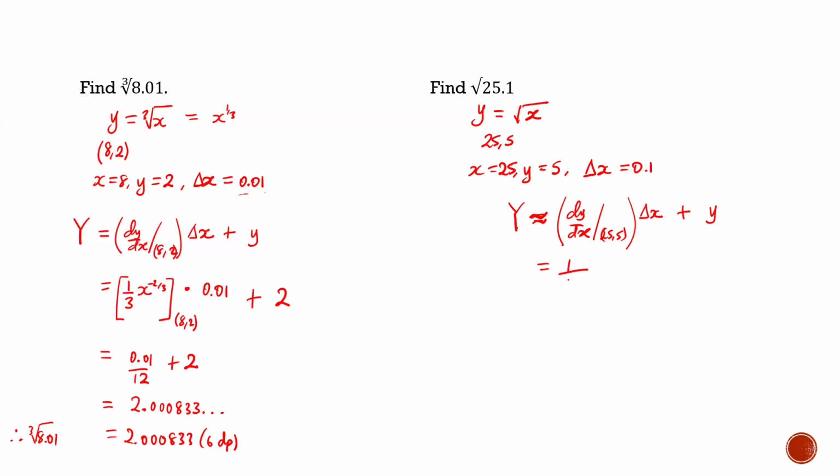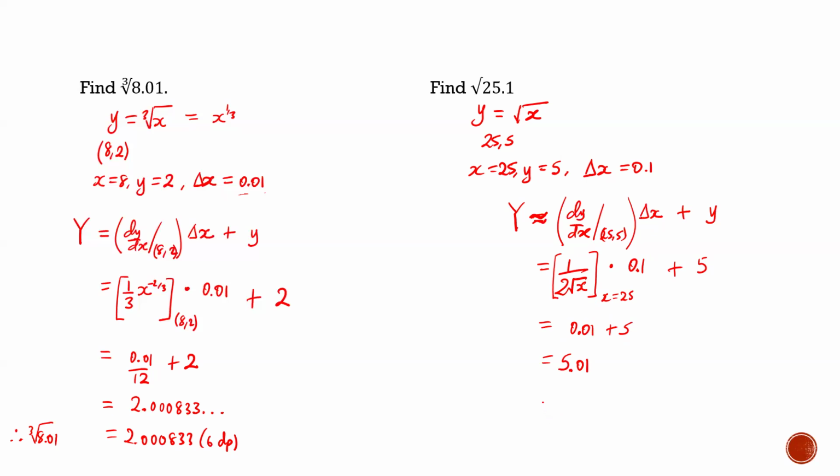So this is going to be 1 over 2 root x. But this is going to be calculated when x is equal to 25. This is multiplied by 0.1, and then we're adding 5. This is going to be 5 plus 0.01, because all this gives us 0.01, and then we add 5, which is going to be